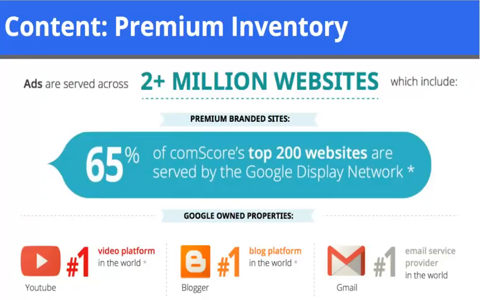Today, the Google Display Network's reach is massive and unparalleled amongst our competition. 1 trillion impressions are served across the GDN each month, and our inventory is simply unmatched. We have tremendous scale with over 2 million publishers and growing, including premium branded sites. In fact, we're ranked number 1 in the US by Comscore, with 65% of their top 200 sites served by